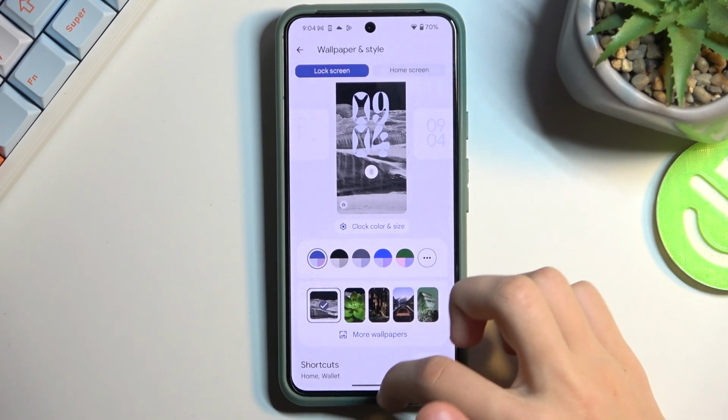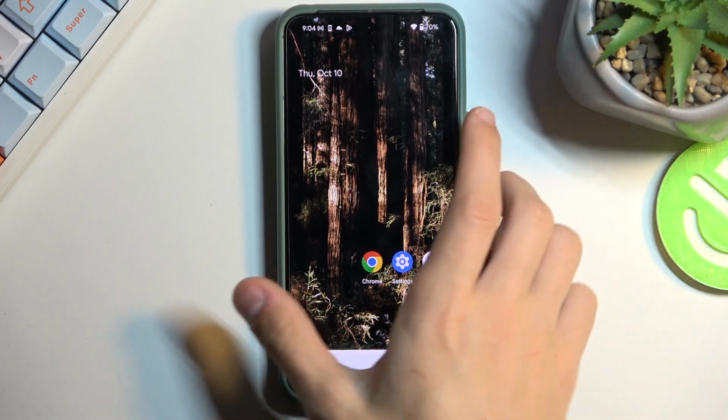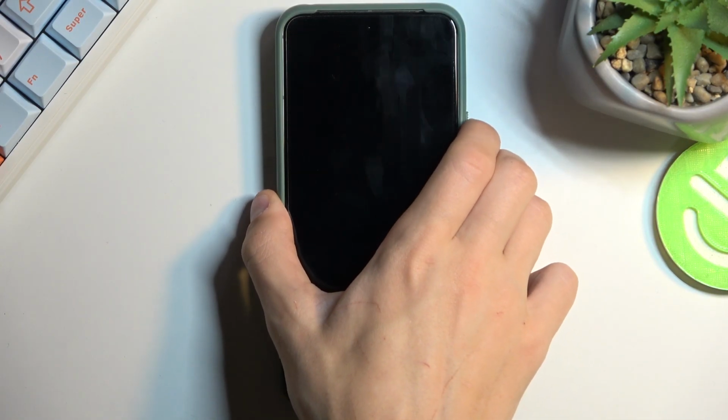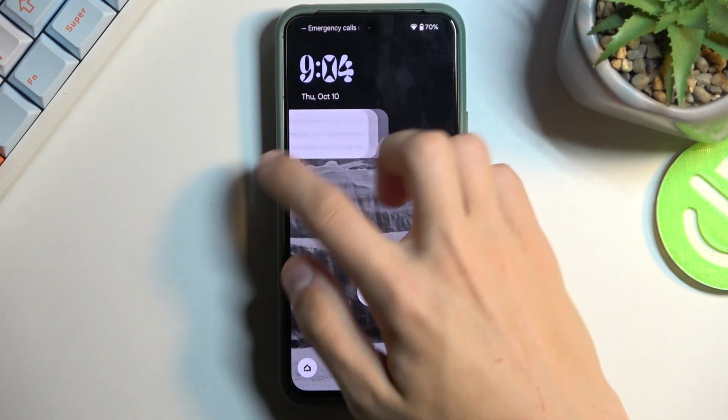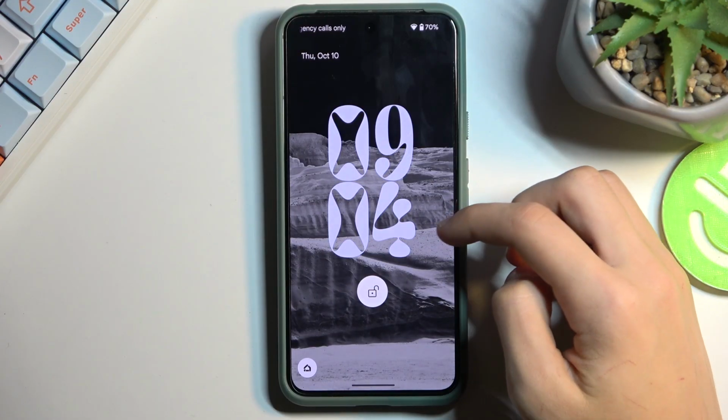and then I'm gonna quit this app. And if I turn my phone off and turn it back on, you can see that the wallpaper has